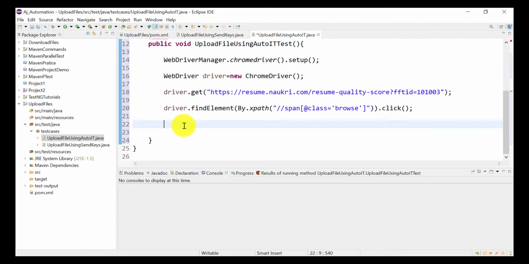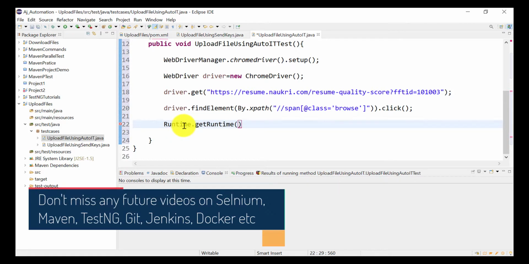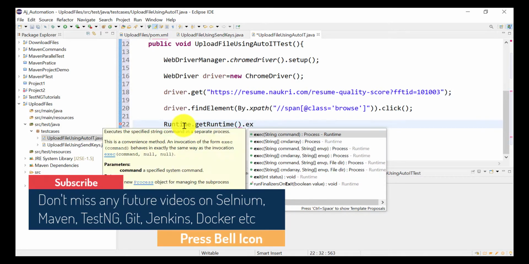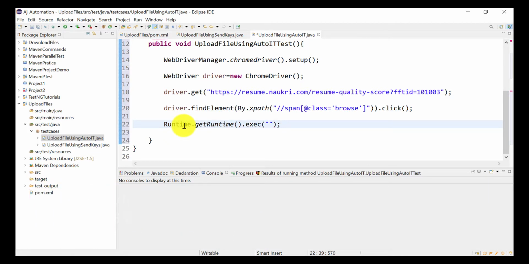For that purpose, you need to write Runtime.getRuntime().exec, and in this we need to provide the argument. So what is the argument? The path of the .exe file.